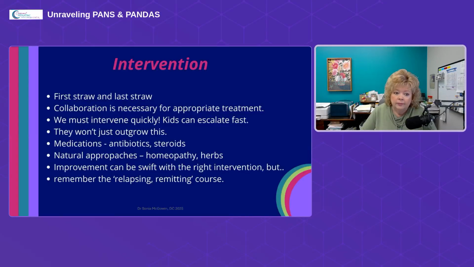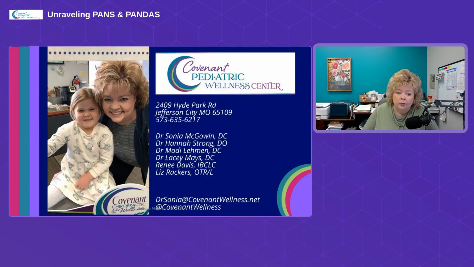What's tough about the whole situation is when kids get better and then get worse and better and worse. That relapsing, remitting course is really hard on the child, and it's really hard on their parents, because just when you think things are going well, I can exhale a little bit, the kid's doing so much better, then suddenly something happens. They're exposed to something new. Maybe they have a mold exposure, or they go to school and the kid next to them has strep and doesn't know it. Then it can cause a relapse. And it almost is like a PTSD situation for the family. So it's pretty hard to cope with.